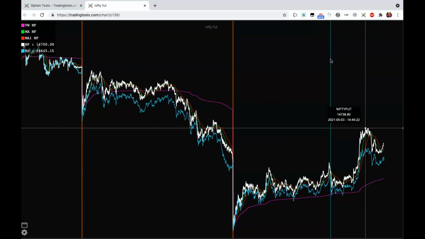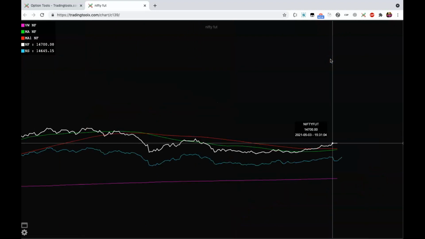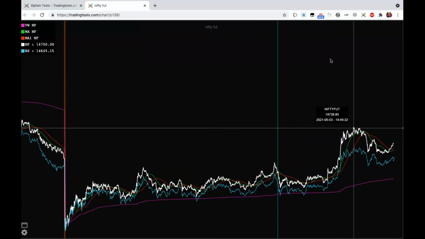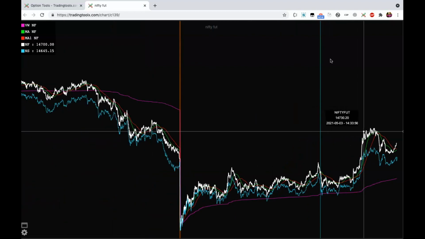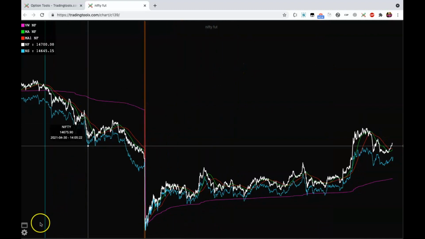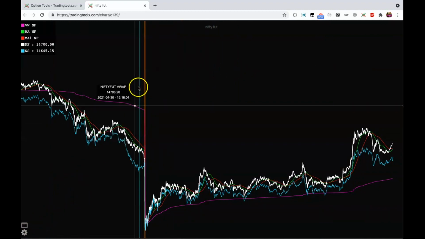Also there is another shortcut from 1 to 9 to zoom in and zoom out. Now I'm pressing 1, so it is zooming into the nearest position. So this is 2, 3, 4, 5, 6, 7, 8, 9. You can even zoom in like this, so it will be useful when you're scalping. So yeah, that's it guys. This is for zooming in and zooming out.